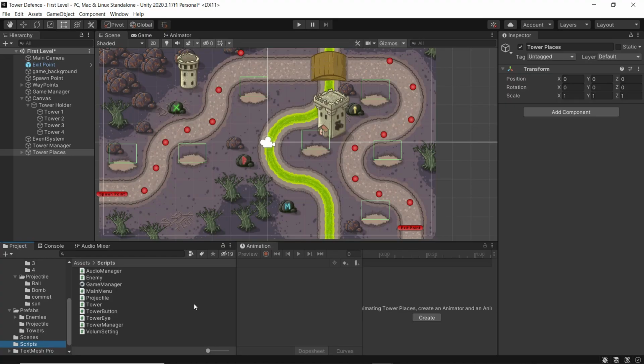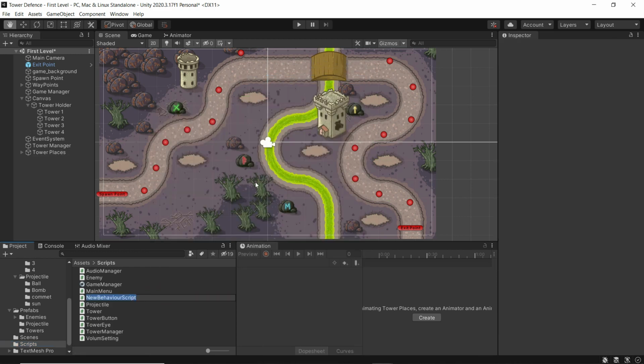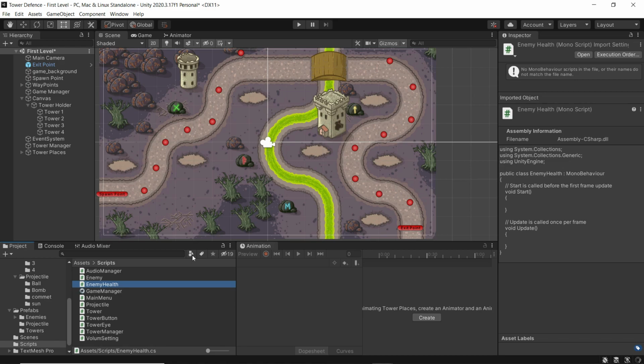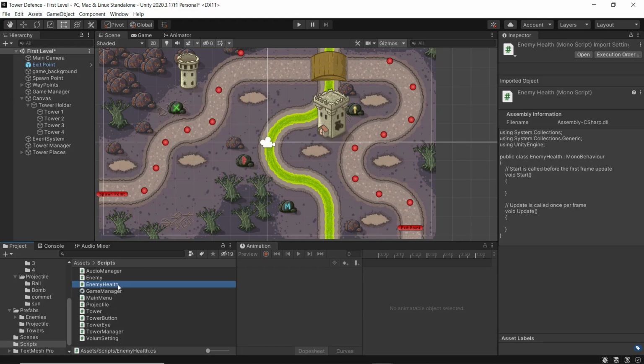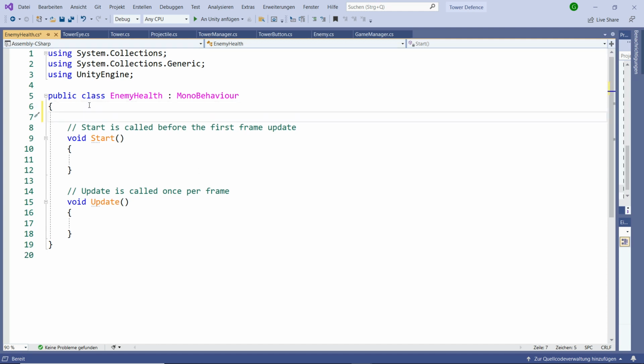So guys, in this video we are going to give health to our enemies. For doing that, we can make a new script or we can go to our enemy script. So I'm going to create a new script, going to call it enemy health. Then I'm going to open it. Here we need some variables. The first one will be our animator,